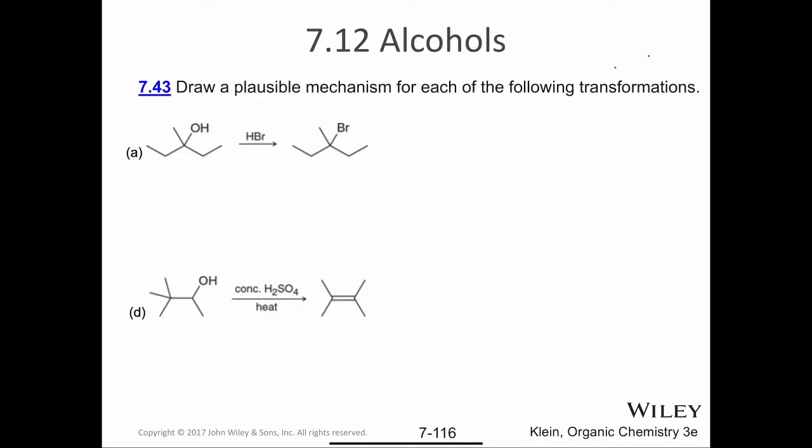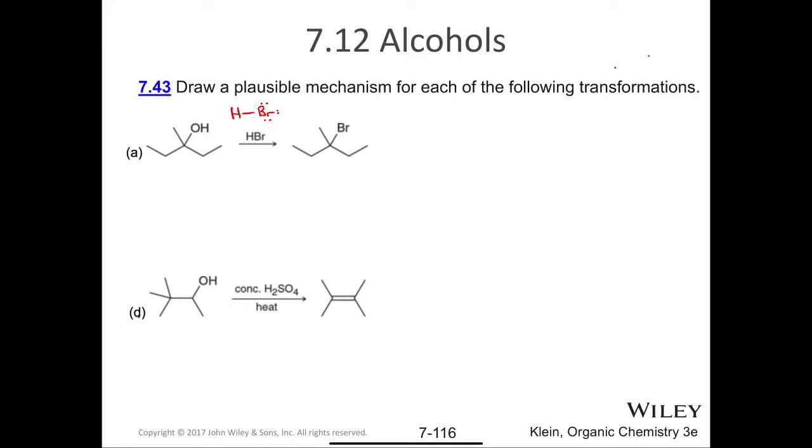Question 7.43 says to draw a plausible mechanism for each of the following transformations. So in the first question, I have a tertiary alcohol, and I'm treating that with a strong acid, HBr. So the first thing I should do is draw the Lewis structure of HBr so that I can draw my curved arrows correctly. So the first thing that's going to happen when we treat this tertiary alcohol with a strong